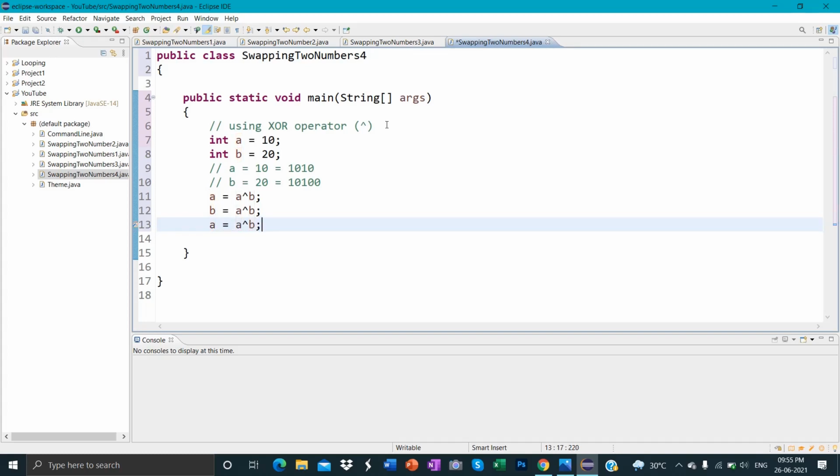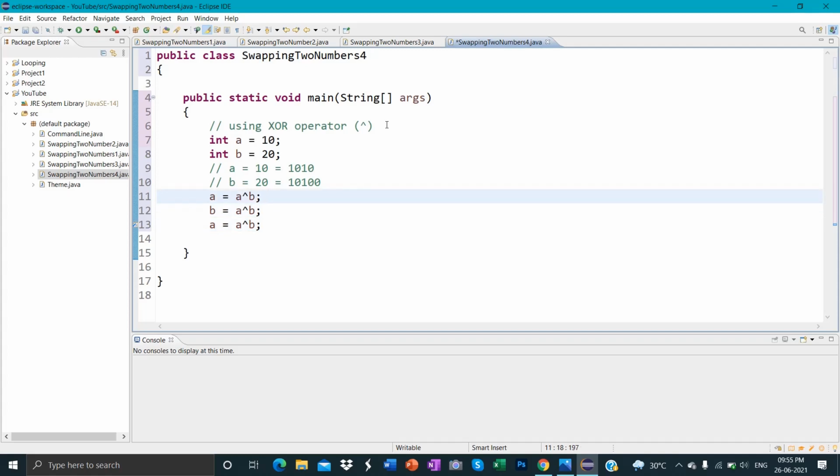This is quite easy, but for those who remember about bitwise operators and how to convert decimal to binary, it will be quite easy for them. So let me tell you what actually happens.